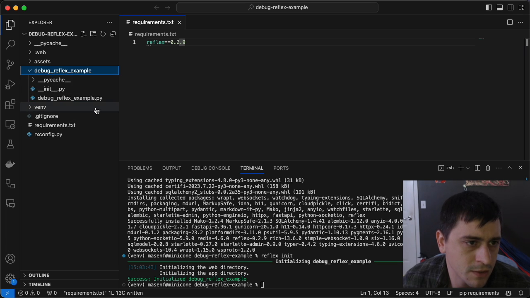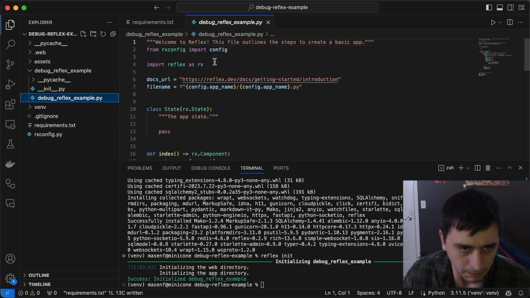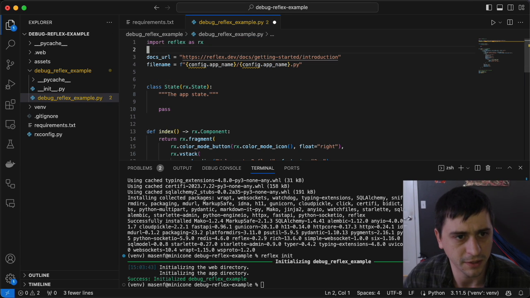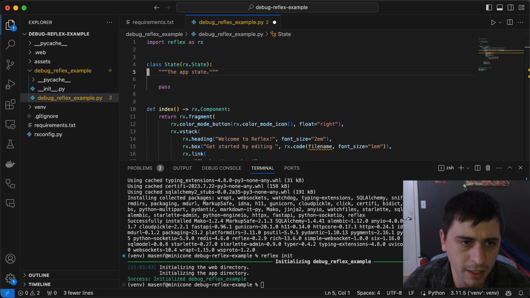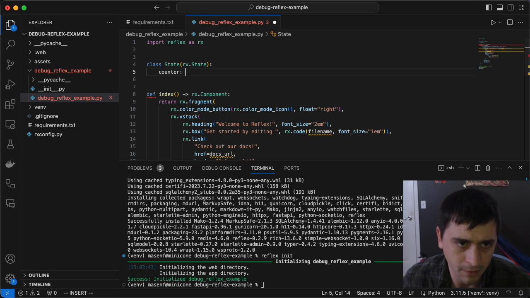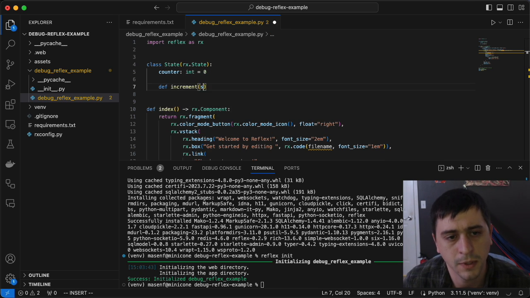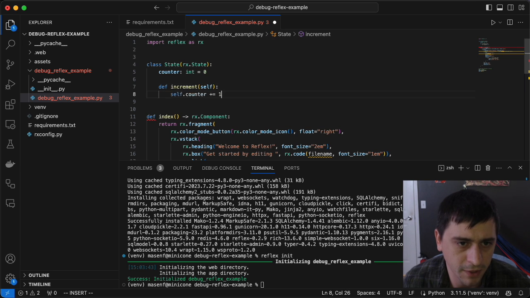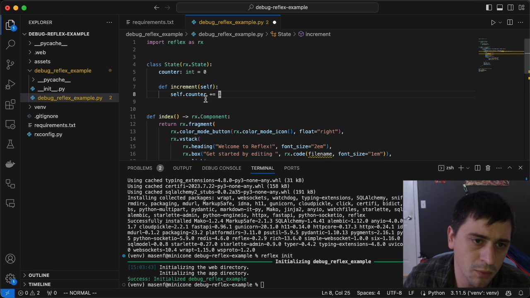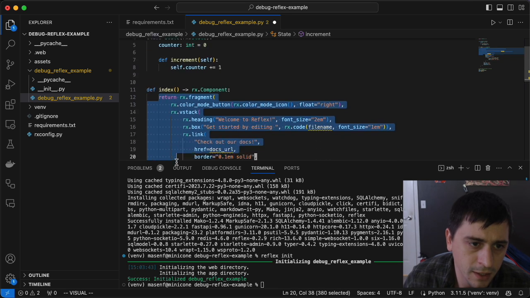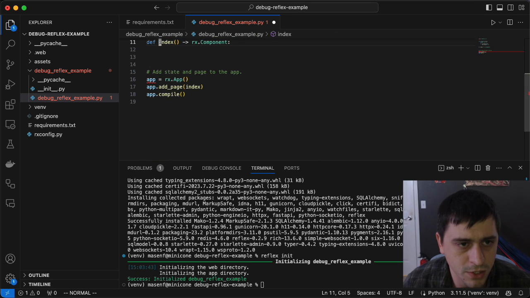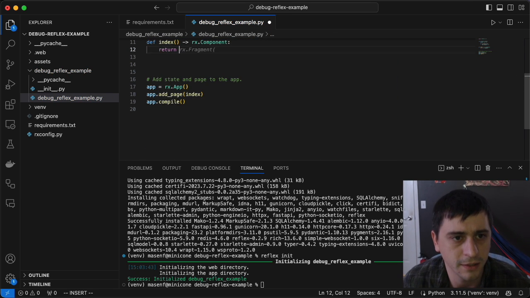Okay, we'll go into the app that was created, debug reflex example, and delete almost everything here. We'll make a little counter app. So this is just an event handler function that we'll use to set a breakpoint in as an example. And then for the actual page, we're just going to make a VStack here